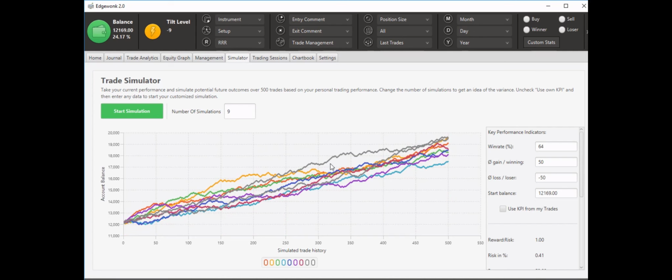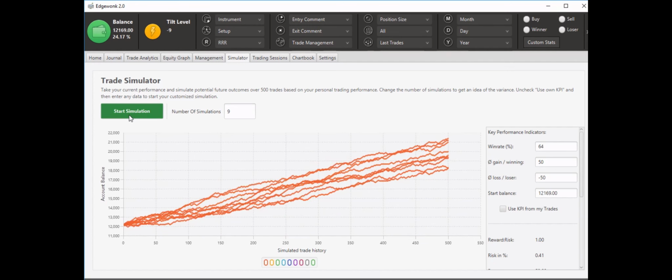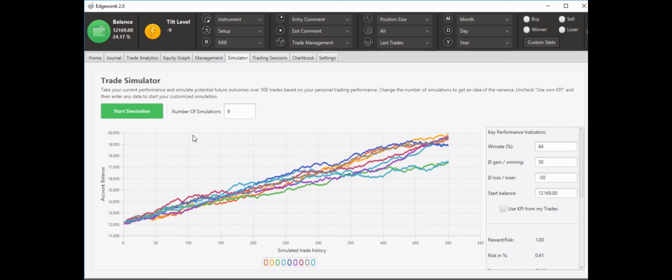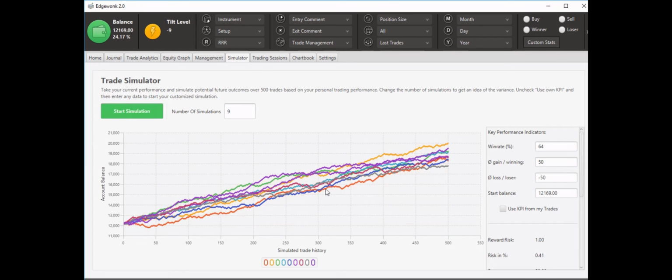The graphs are very far away from each other, which means that the further away the graphs are, the higher the uncertainty, the higher the volatility is. So you can see with the reward to risk ratio of 1 to 1, although the growth looks good overall, it is going to the top right corner, which is usually what we all want. There is a lot of short-term volatility, and there's a lot of short-term uncertainty, which can cause a lot of